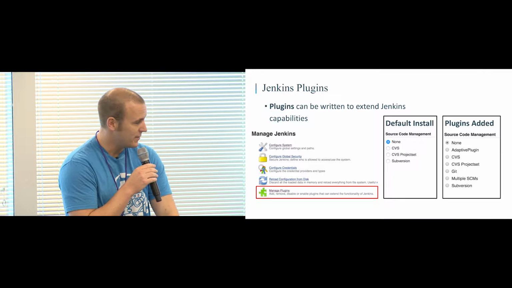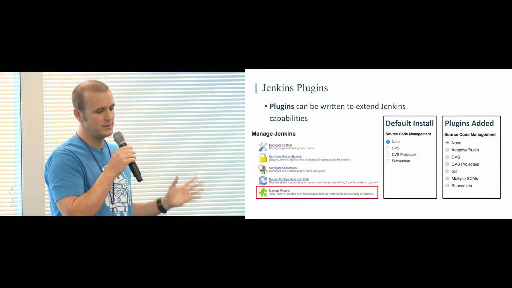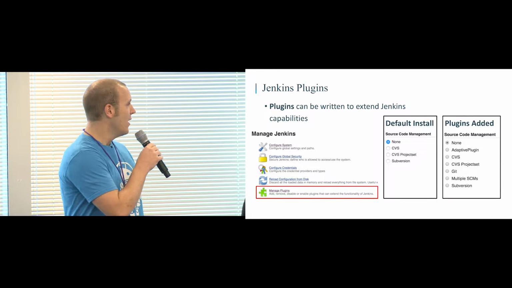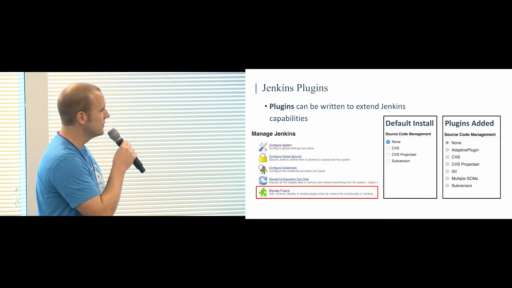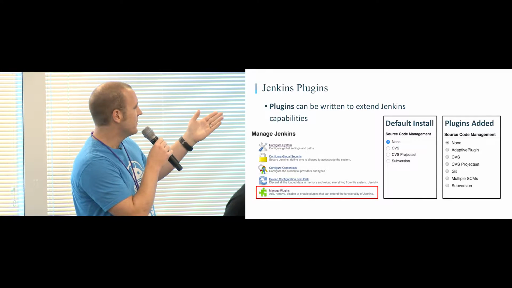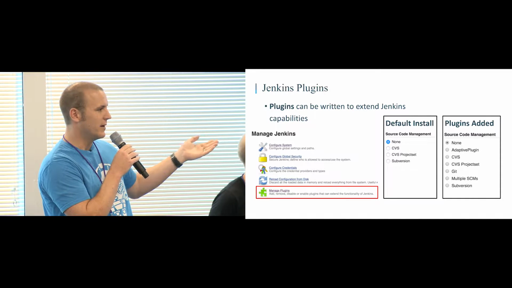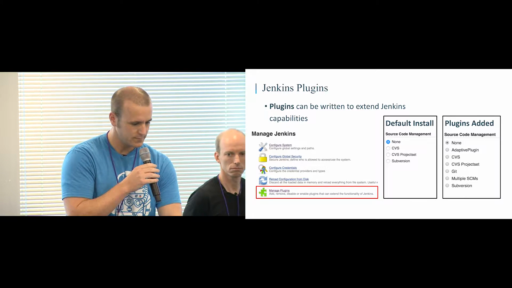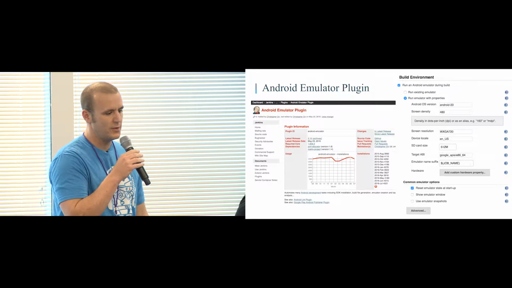So how is that done? Well, the JUnit test report is actually a plugin. Jenkins uses plugins to enhance and add more features. So when you manage your Jenkins instance, you have the ability to manage plugins. By default, you only have source code management options of CVS and Subversion. But if you add a Git plugin, which most of you would want to add, you can then pull down from a Git repository. The thing we're primarily going to be talking about is the Android Emulator plugin,